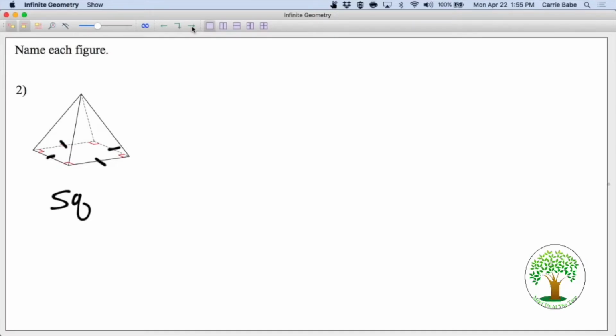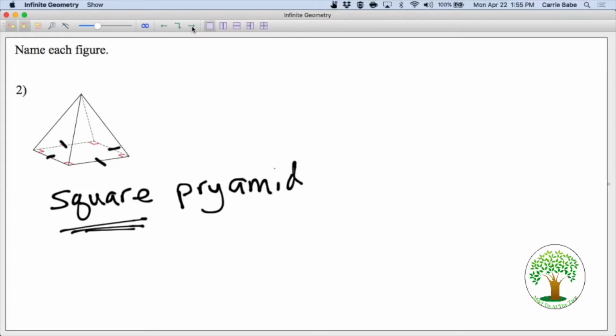Okay. So how would we write that? A square pyramid? Just a square pyramid, okay. Did I spell pyramid right? Pyramid, thank you. All right, so that didn't look right to me. Square pyramid. So we first start with the base, and then we tell if it's a pyramid or a